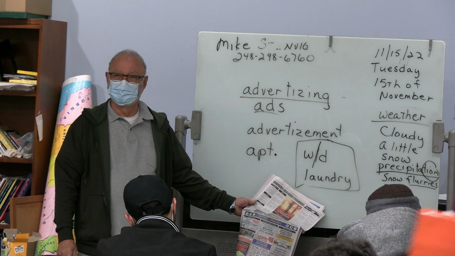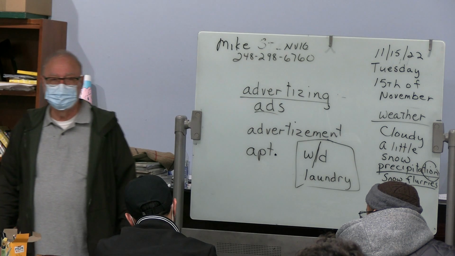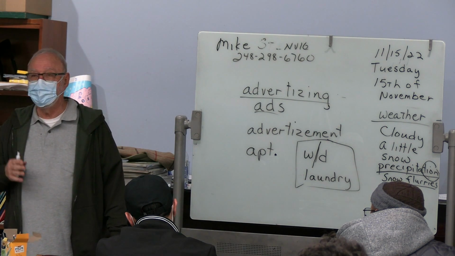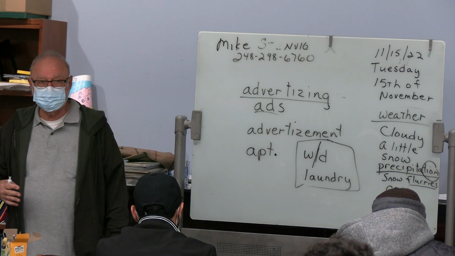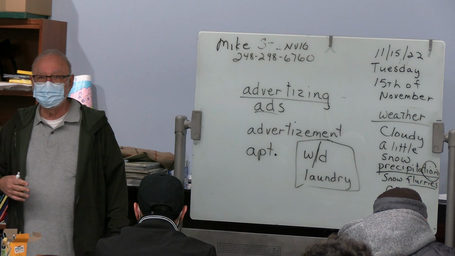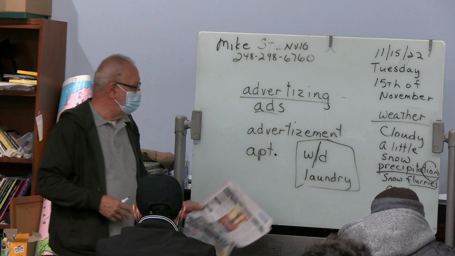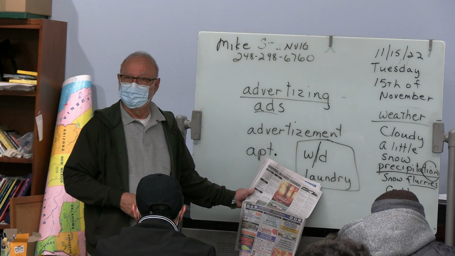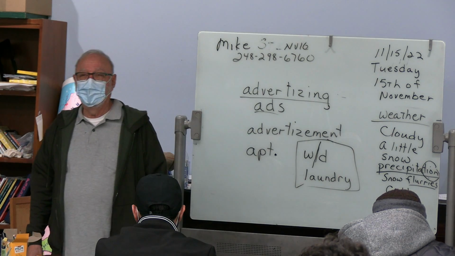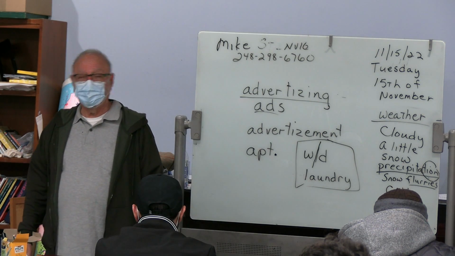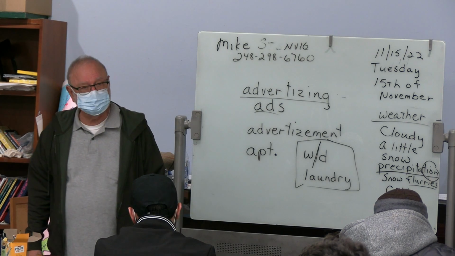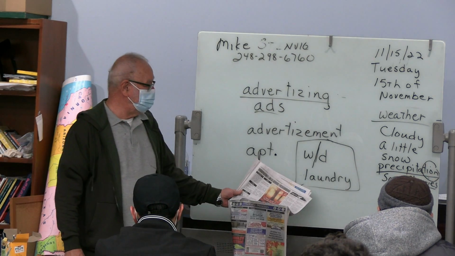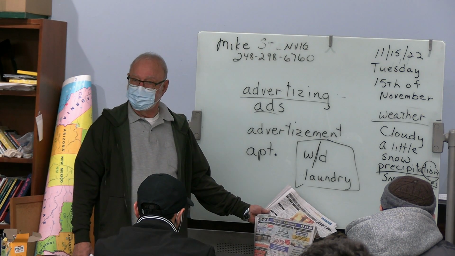Laundry. What is laundry? Wash. So laundry is clothes that you want to wash or dry. So if I say, I need to launder my clothes, I have to wash them and dry them. Launder. So the place where we do it is called a laundry. And